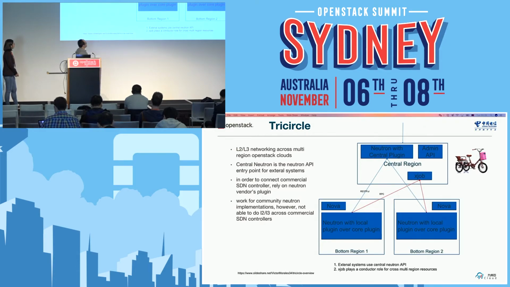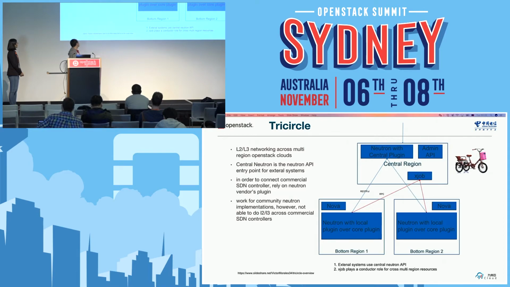And the main implementation works for community Neutron implementation. What is community Neutron implementation? If the deployment is with Open vSwitch agent, with L3 agent, with DHCP agent, we call it community Neutron implementations. So Tricircle is working for community Neutron implementations, but it's not easy to do the layer